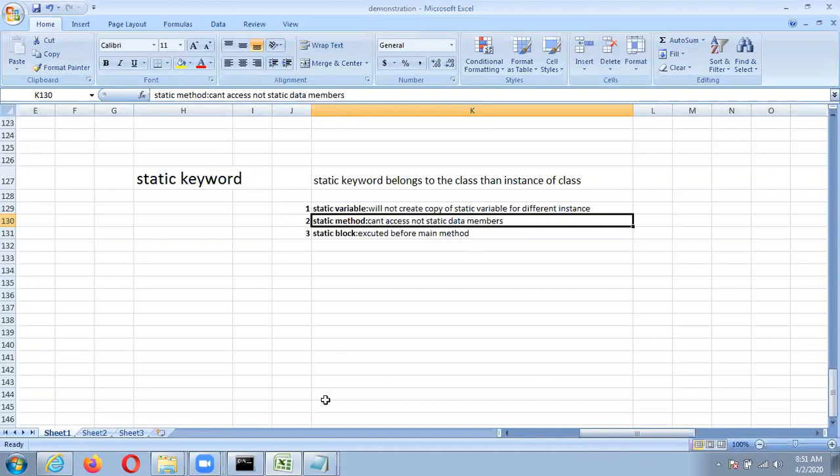It can be invoked without creating an object of the class, and it can access the static members of the class and also change their values. It means we can access static members in a static method and modify them, but we can't access non-static data members in static methods. So you see that.